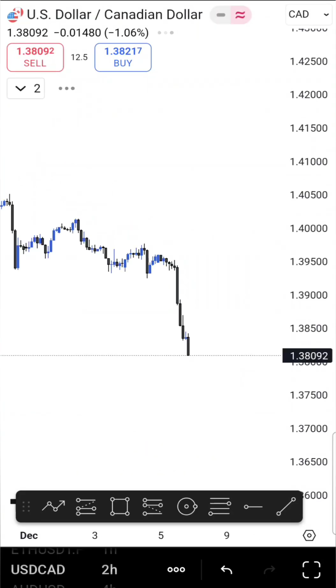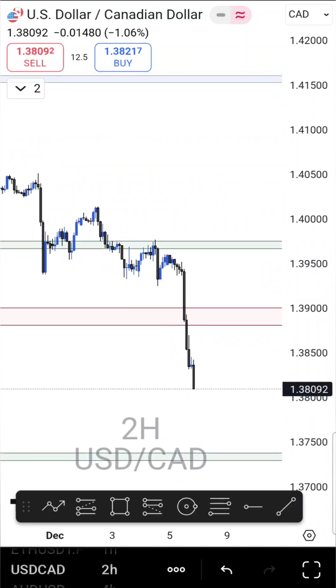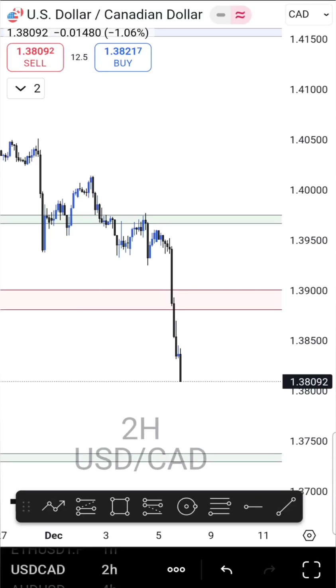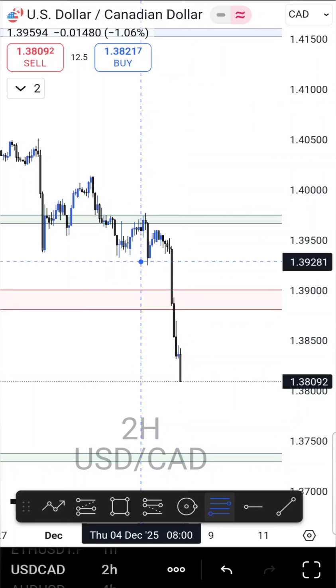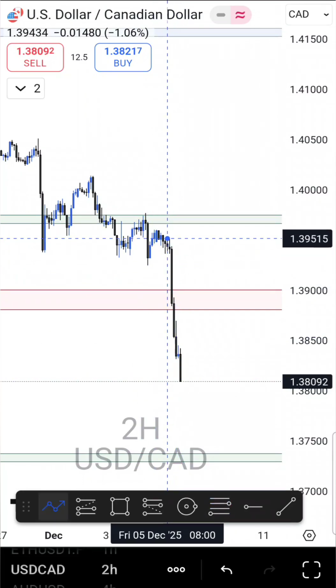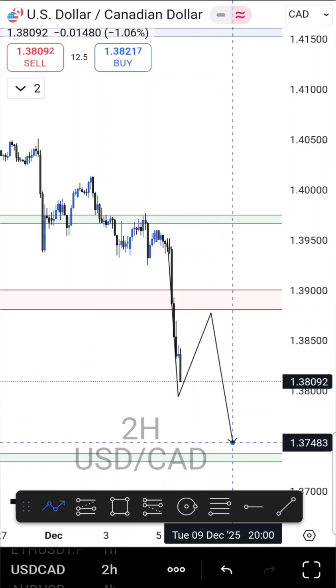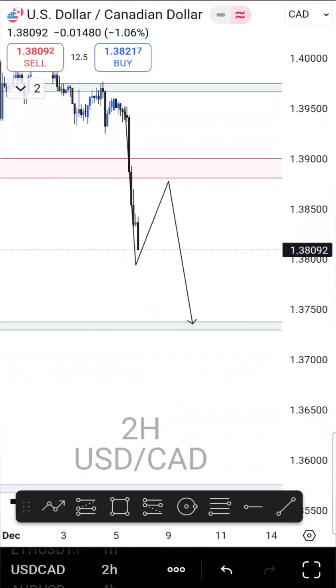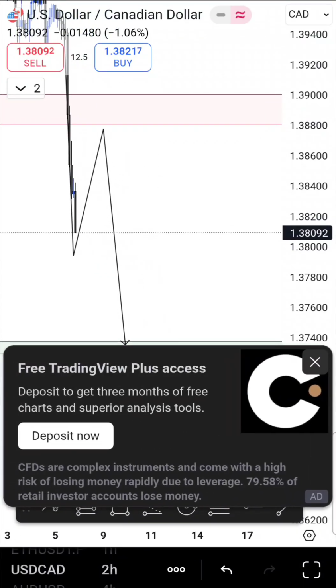Let's just scale down to our 2-hour time frame. Our 2-hour time frame is also telling us the same story. Price is going to the downside. So these are all levels that have been currently broken, and then we expect price to come all the way to the downside. So my first TP I'll be looking out for would be price to reach this daily mid-range zone, somewhere around, say,